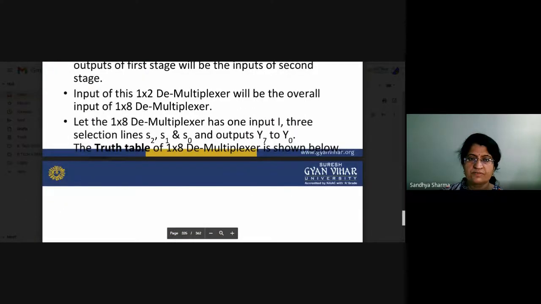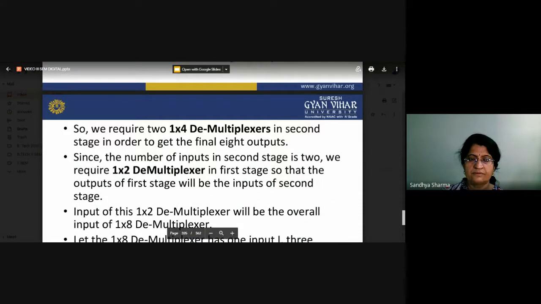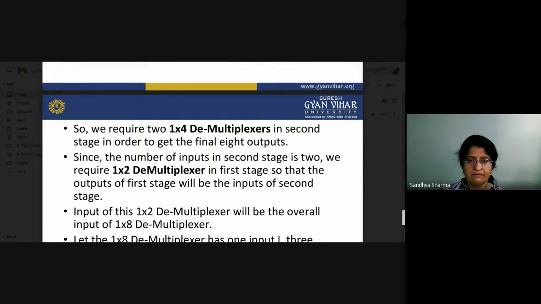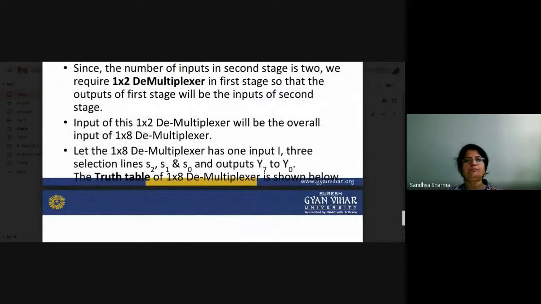You can make this diagram using these combinations. Now what will happen here? The input of this 1 raised to 2 demultiplexer will be the overall input, and the 1 raised to 8 demultiplexer has one input, 3 selection lines, and outputs Y0 to Y7.